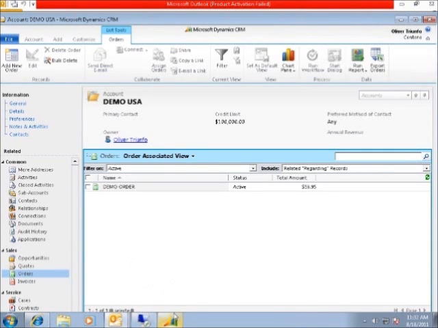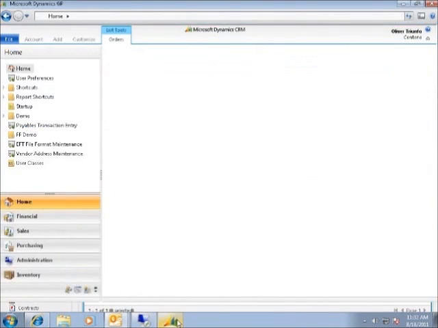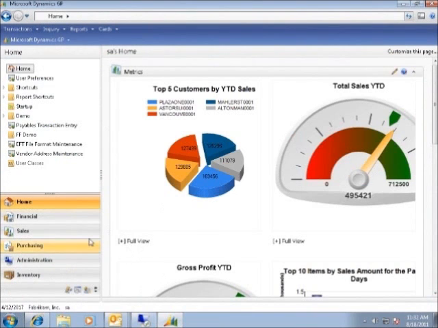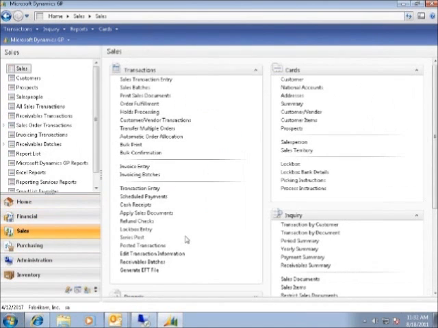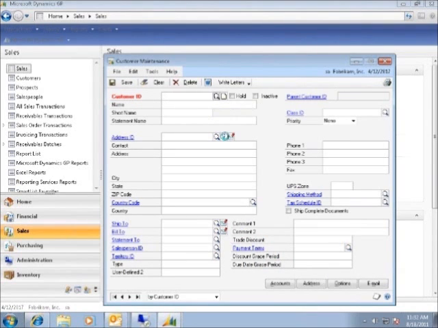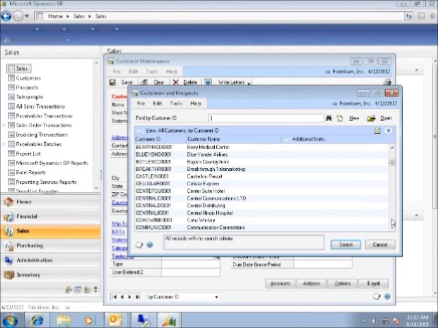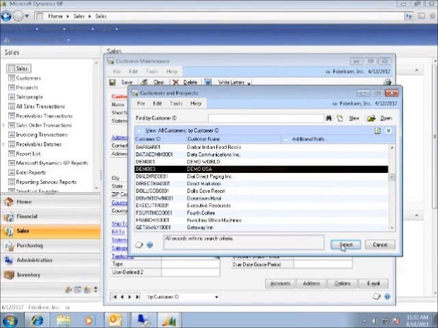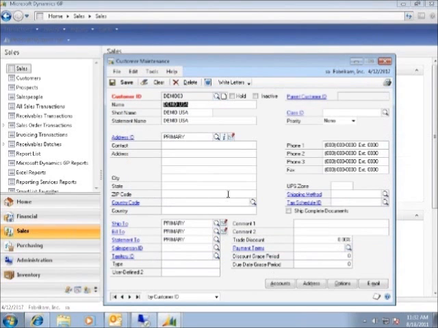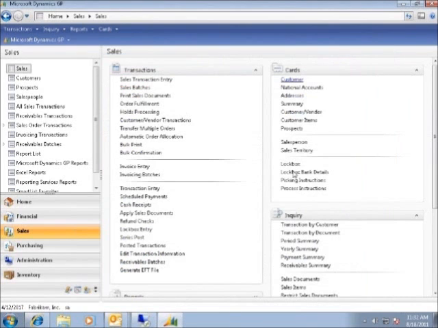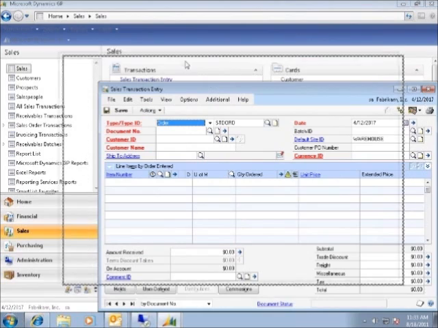Okay, so I'm going to Dynamics GP now, and I see my dashboard here, and I'm going to select Sales Navigation pane. From here, I'll select Customer, and let's take a look. I should see Demo 03. And we see that it's successfully integrated to Dynamics GP as Demo 03. I didn't fill out an address for this, but that's okay. All right, so let me close this. And next we'll take a look and see the order that I placed. I'll just use a lookup